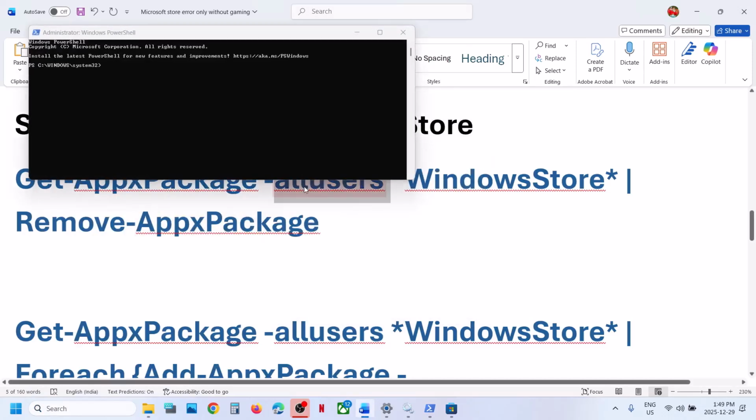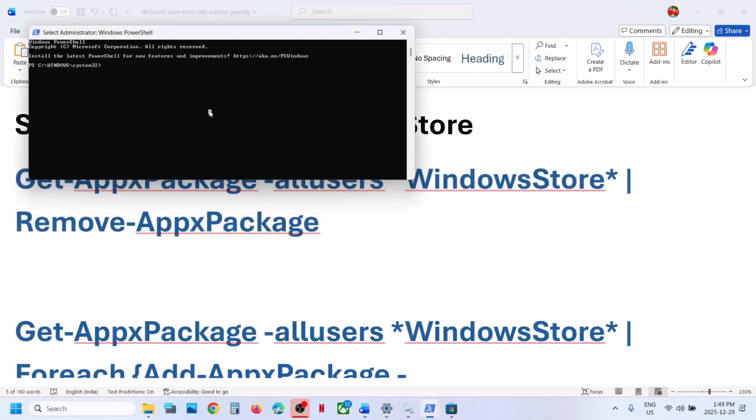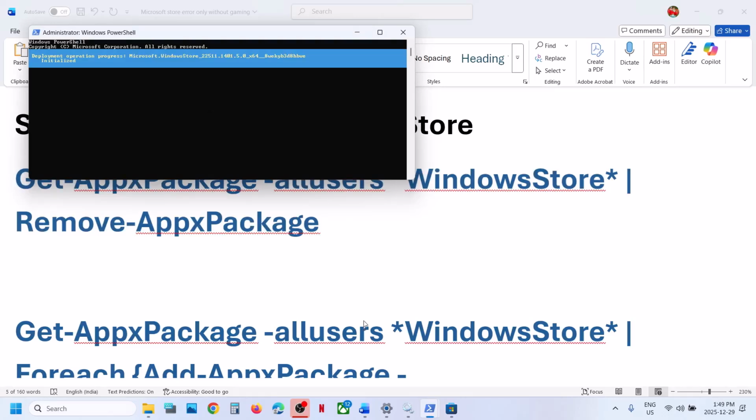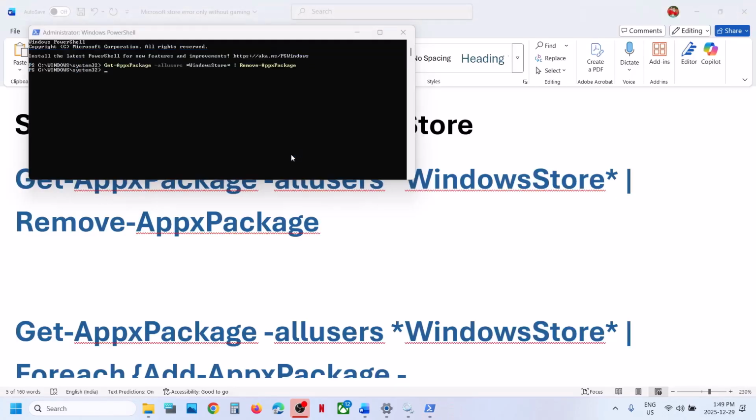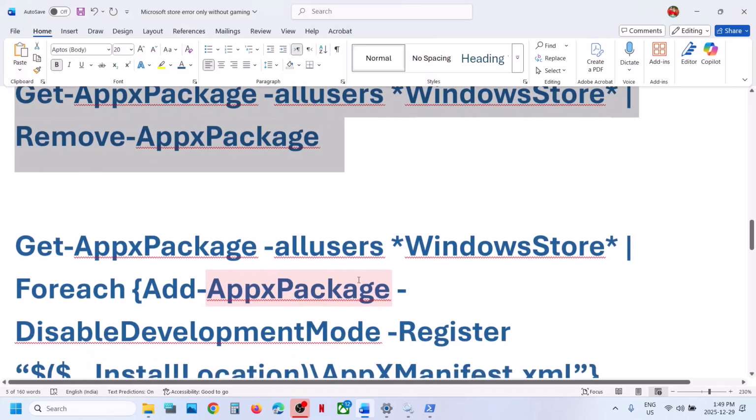Copy the first command. This command is provided in the video description. Paste it over here, hit the enter key. This will uninstall Microsoft Store from your computer. It will be gone once you run that command. Once uninstalled, copy the second command